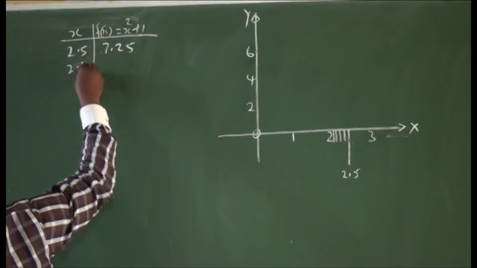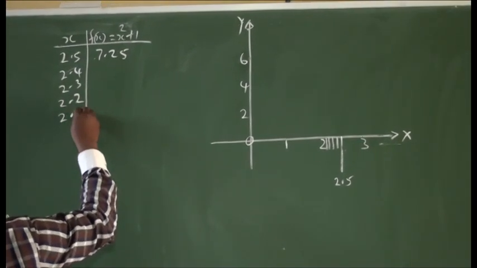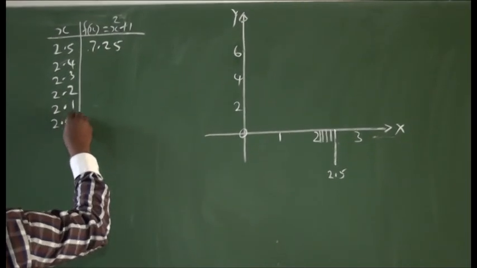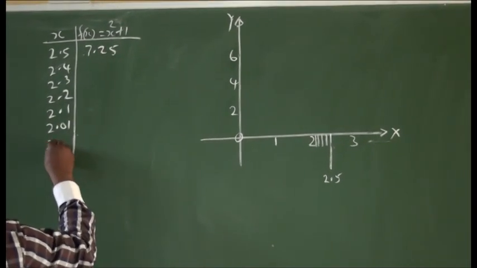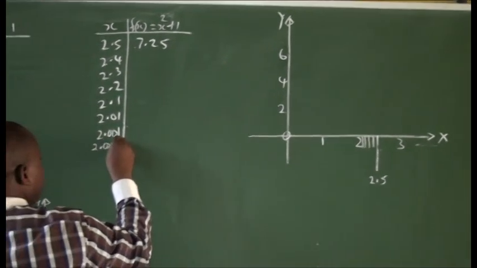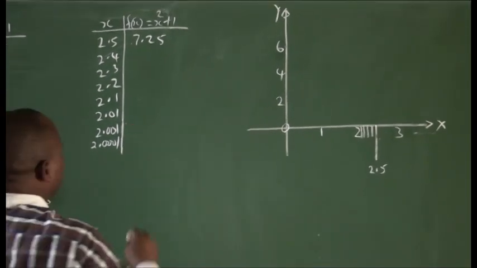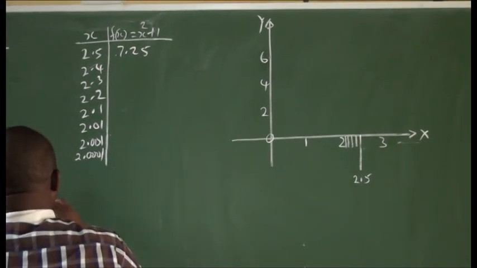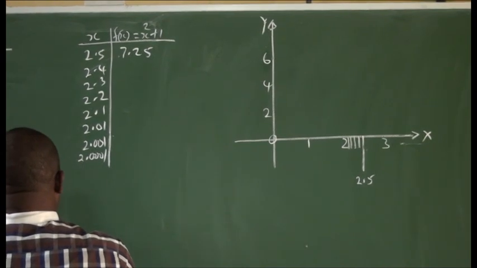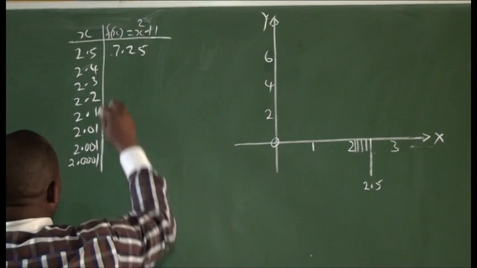Now 2.4, 2.3, 2.2, 2.1, 2.01, 2.001, 2.0001. Right, very, very close to 2. So here, when it is 2.4 square plus 1, we have